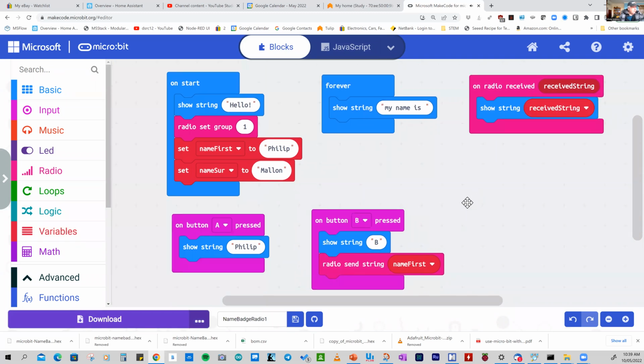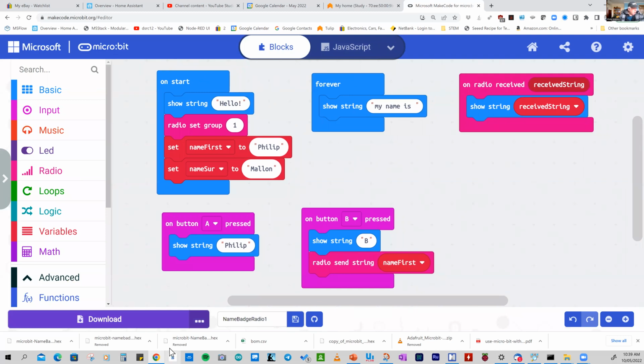So our program is now ready, it's finished. And we want to download that program. So we press the download, but before that, we'll just check our program just to make sure that it makes sense and there's nothing wrong with it. I think that's exactly the way that I want it. So now, after checking, I press the download,